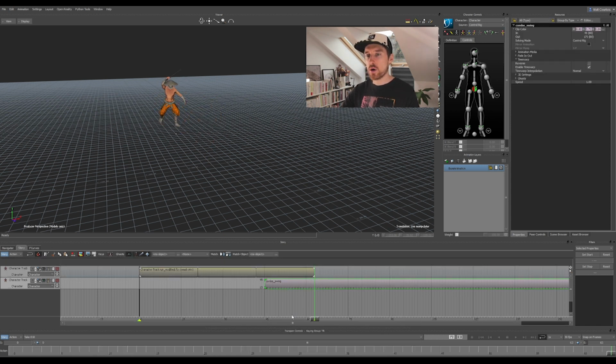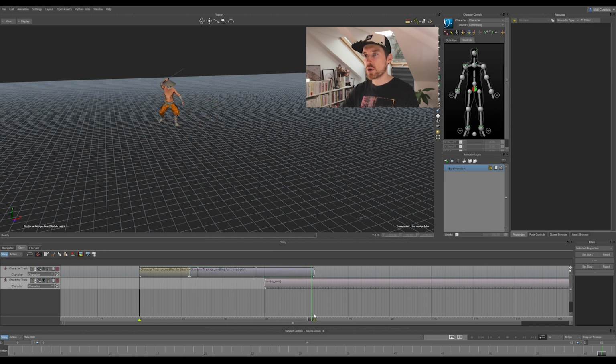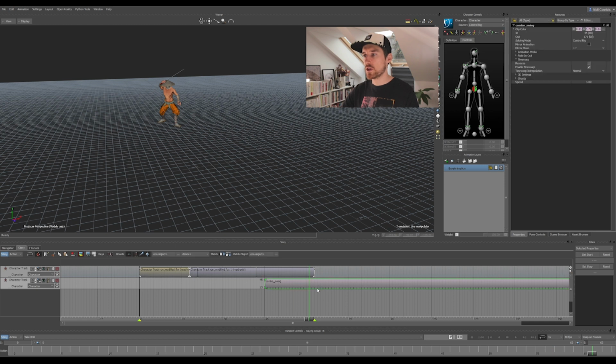Now let's get back to what we wanted to do, which is happening on our new take. And now what I want to do is make sure that this animation triggers well from this. So I'm gonna pick a frame here, which would be a left step. And then I'm gonna do the same thing here. So the moment where the character just set the left foot flat on the ground, and I'm gonna match these 2 frames on the timeline.